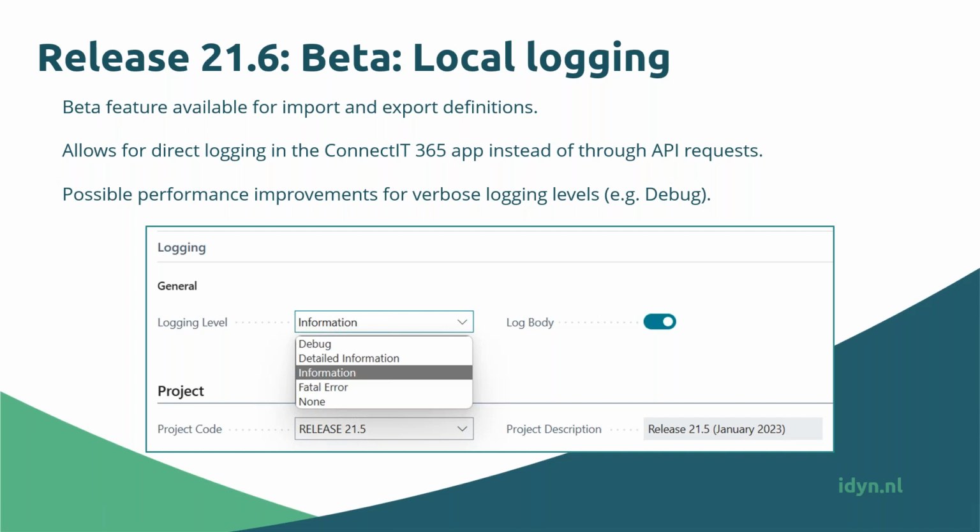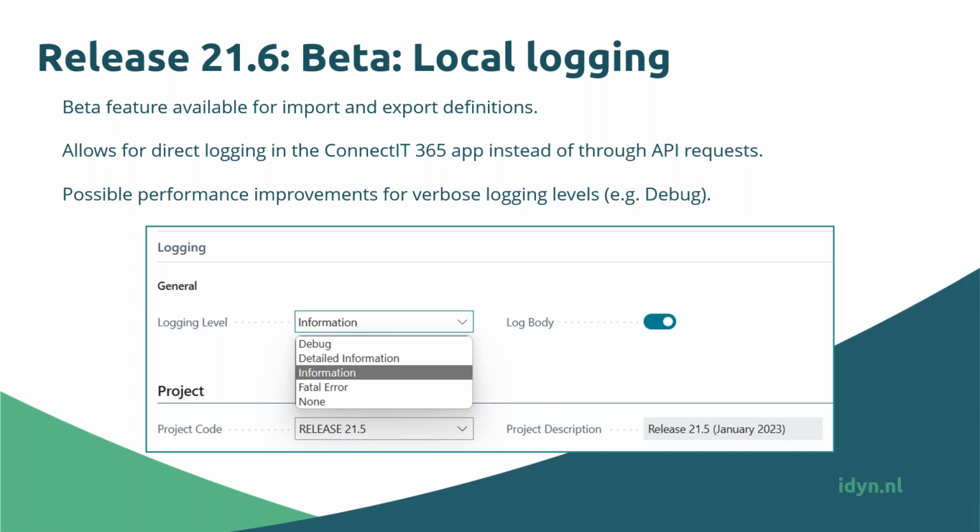So we did take a look if it was possible at all to still make sure that we didn't create unnecessary logs in tables, but where we could skip the API requests, because those take a lot of time relative to the complete process. So for instance, if we set up the logging level for debug and we had a big file to process or big message to process, that could really tank performance,